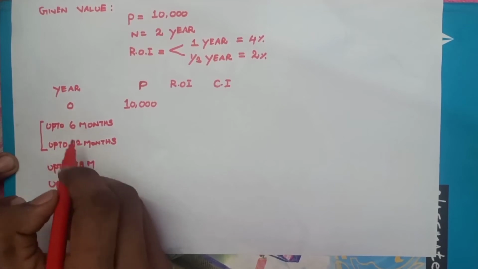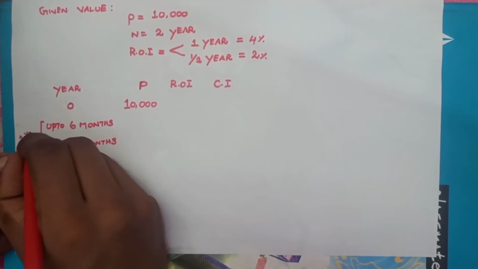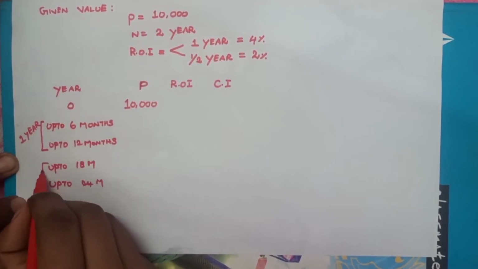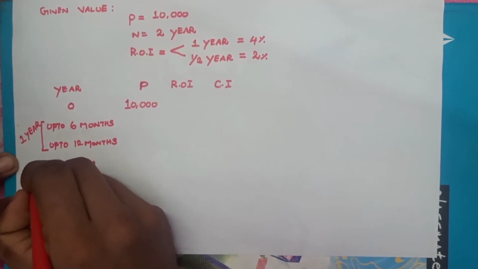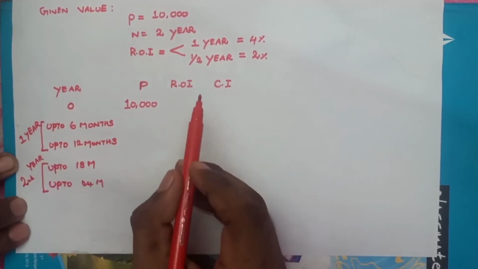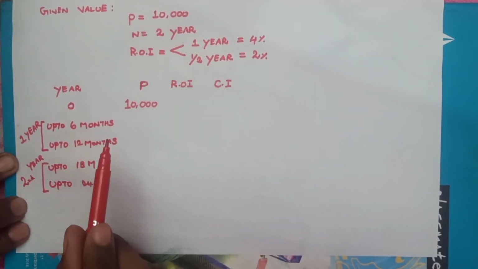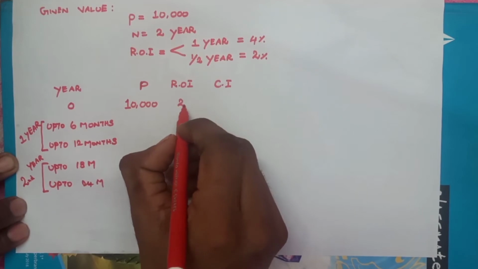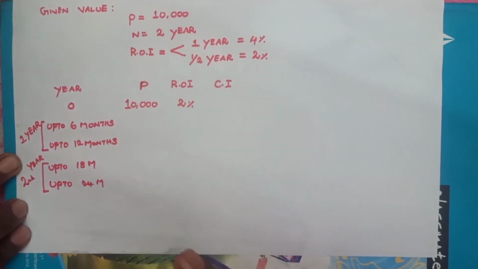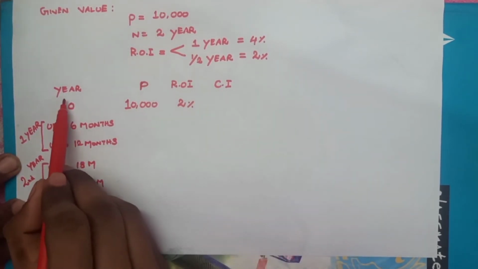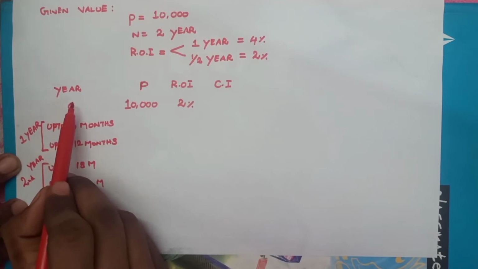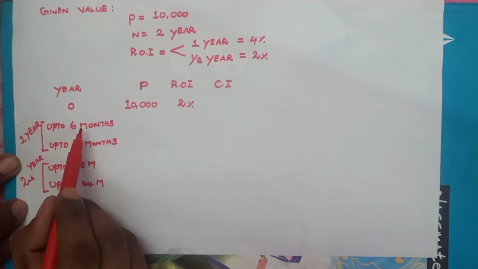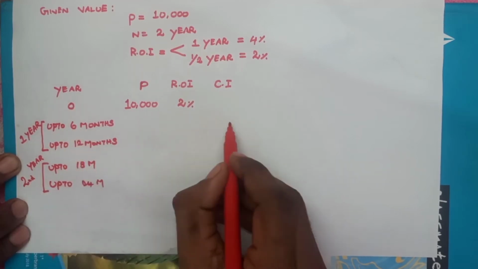Here, these two will be considered as 1 year, and here these two will be considered as second year, right? So, then what is the interest for half yearly? That is 2% year, right? And just keep in mind, you will just put here in this place always at very first day of your investment. Here 6 months denotes at the end of 6 months what amount you will get. That is your first time interest amount.